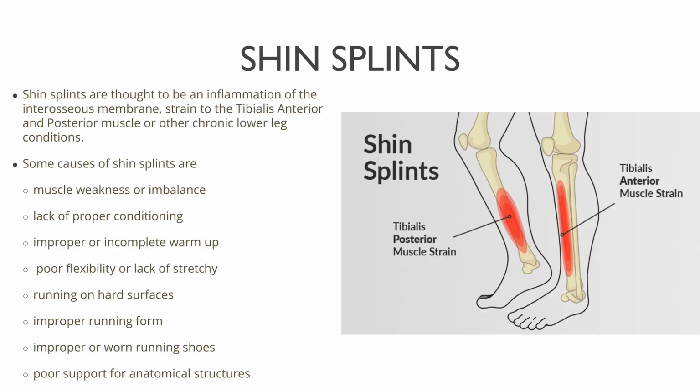Shin splints are generally thought to be caused by inflammation of the interosseous membrane, or strain to the tibialis anterior and posterior muscles, or other chronic lower leg conditions. Some common causes include muscle weakness or imbalance, poor conditioning, inadequate warm-up, poor flexibility or lack of stretching, running on hard surfaces, or improper running shoes. Even poor support for anatomical structures can contribute. All of these factors can increase the risk of developing shin splints, so prevention really starts with addressing these underlying